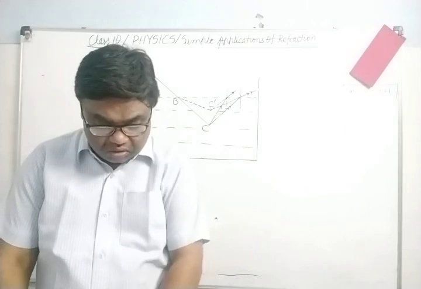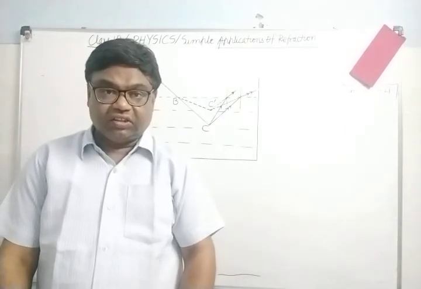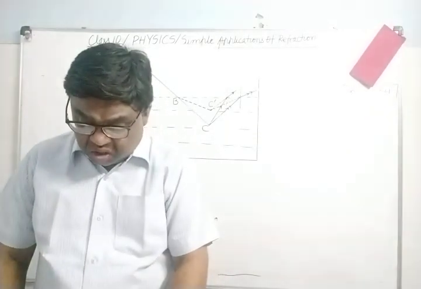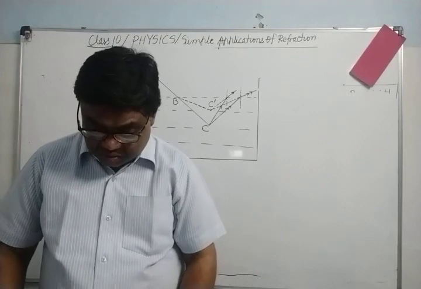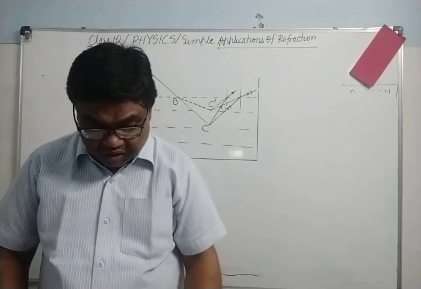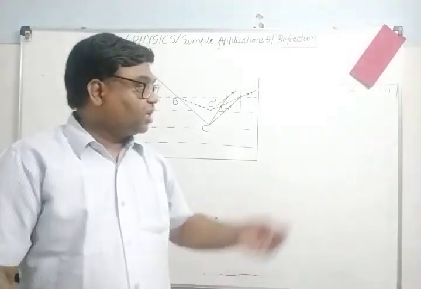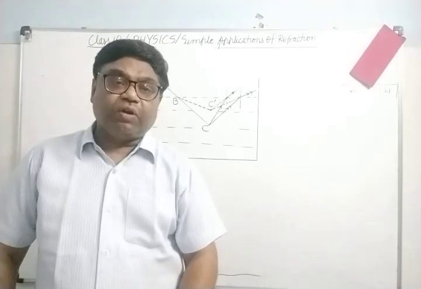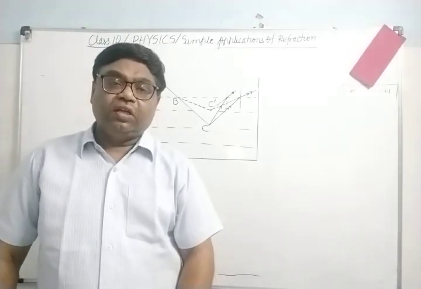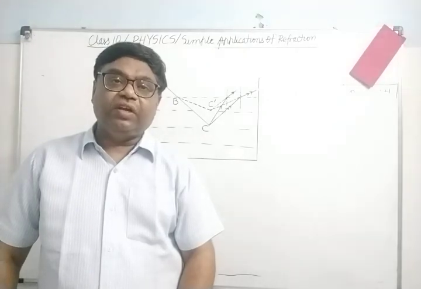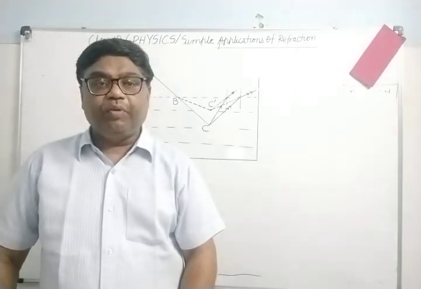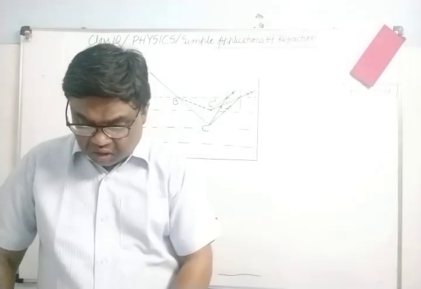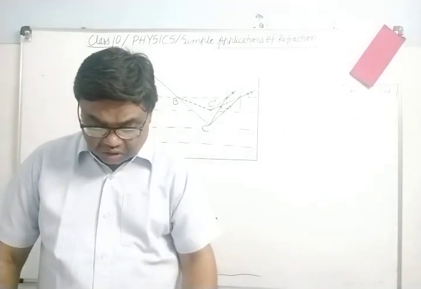You will do all the questions of this exercise, including the examples. Example 1, example 2, all the examples are very important. Good questions are given in the examples here. The numericals are based on this formula: refractive index equals real depth upon apparent depth. There is one more formula: shift equals thickness of the denser medium times the bracket 1 minus 1 upon mu, where mu is the refractive index of the denser medium. So that you can do. Do the practice of these diagrams also.